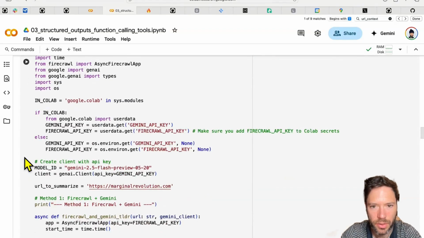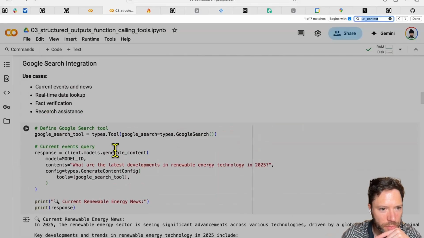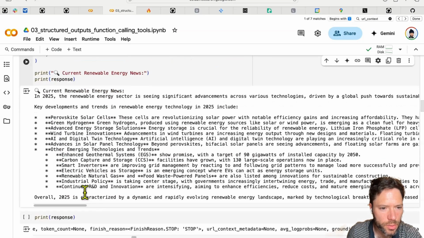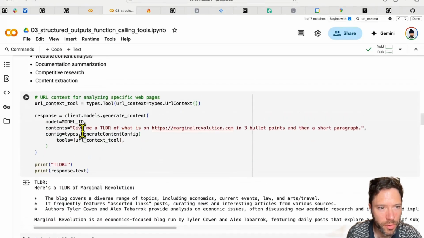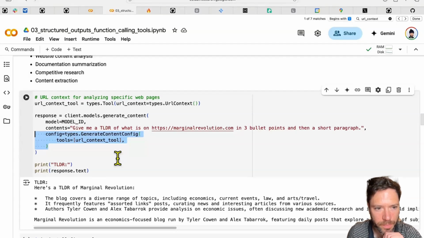So let's actually skip down to the URL context. And let me find my little piece of script. So we're going to define a Google search tool. No, that's Google search. We don't want Google search. We're going to define a URL context tool. And we're going to pass in this tool here to the generation configuration. And we're also going to ask this question here.